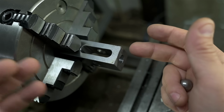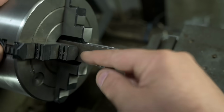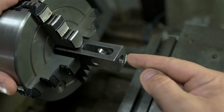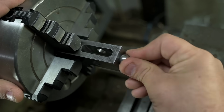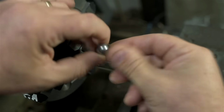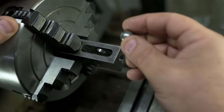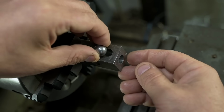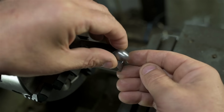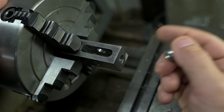Or it would have had I not forgotten about an easy part. So we've got our slot for the bearing, a cross pin to hold that bearing, and the start of the hole that the ball comes through. The ball currently does not fit. We want that to come in from the back and ideally not fall out. What I need is like a bore somewhere in the top, I think, that this ball could actually drop in so then it could move forward and not fall out the front. As it is, I have no way to install this ball, so I'm going to take it back over to the